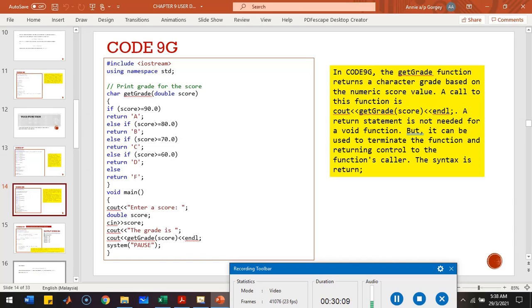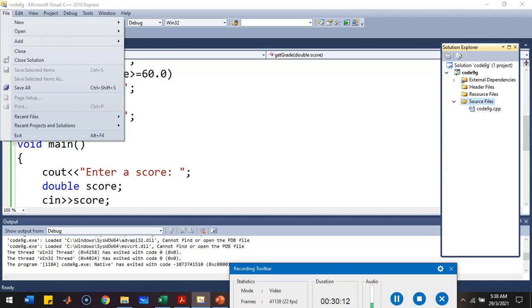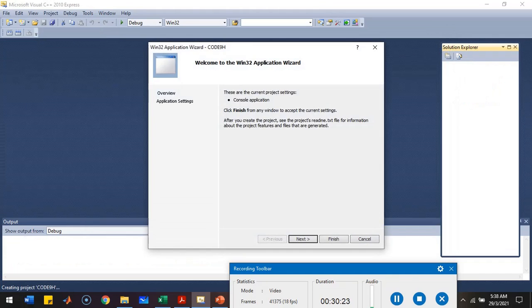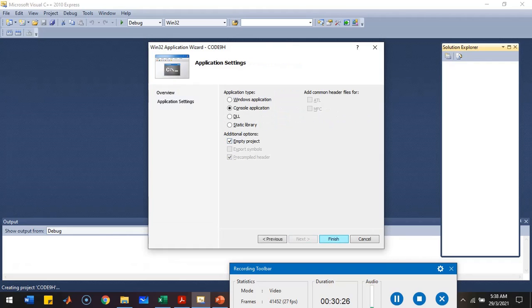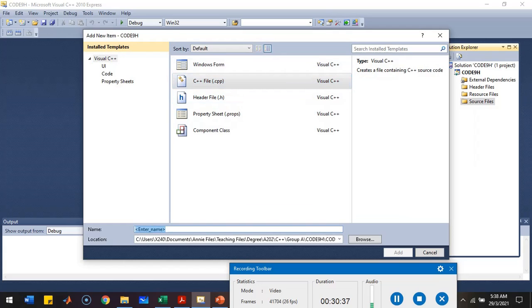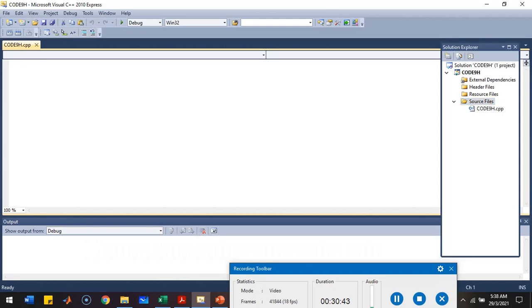Okay, let's look at another code. Another code here, if you have an array. I'm going to call it code 9H. Add a new item, C++ called code 9H. Okay, in this code here, we want to pass a one-dimensional array